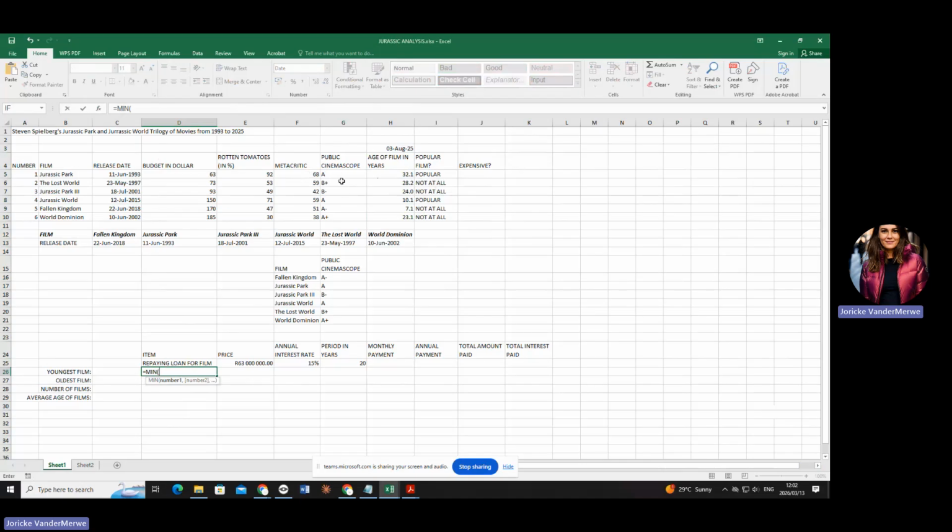The youngest one is going to be the one that is the least in years. Do you agree with me? Okay, but now look there, it's done. Let's just make it a number. Yes, that's correct. Okay. Then the next one is display the age of the oldest firm. That's going to be equal to max. Yes, are you with me?